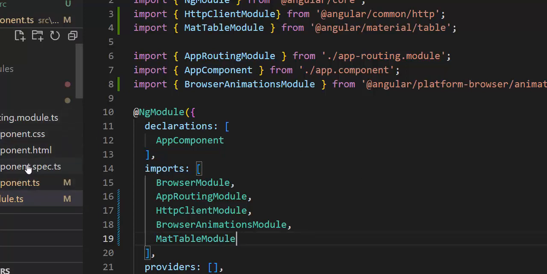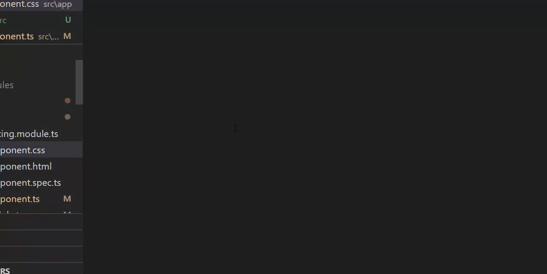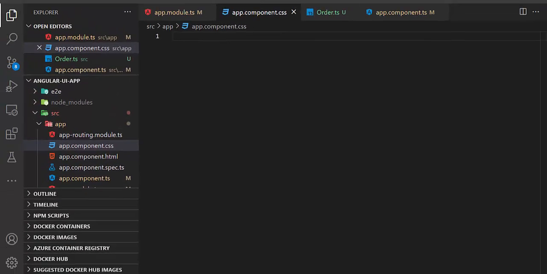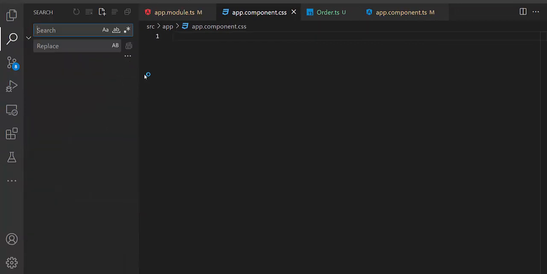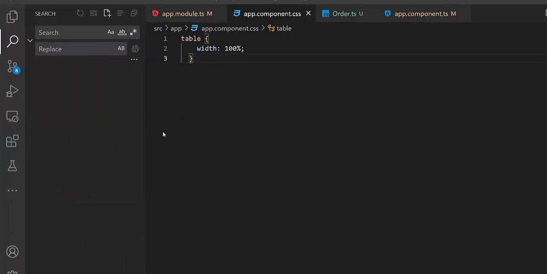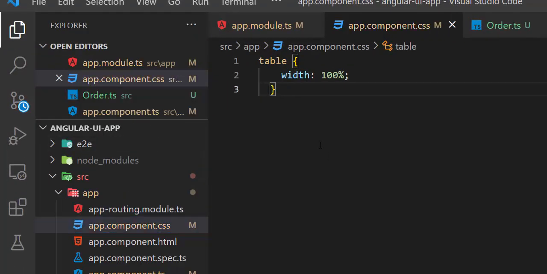Then I will go back to my CSS file, and in the CSS I will say table width equal to 100. Okay,